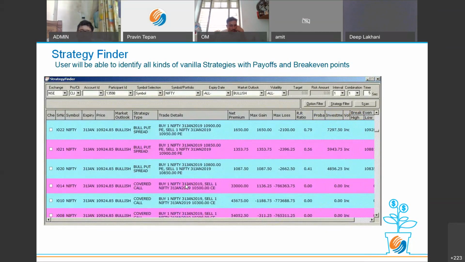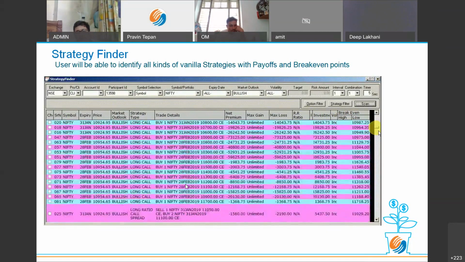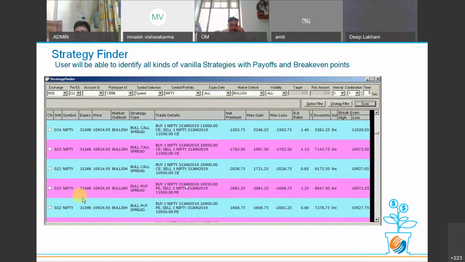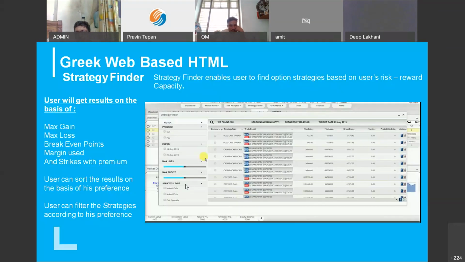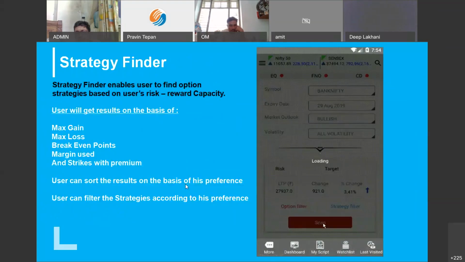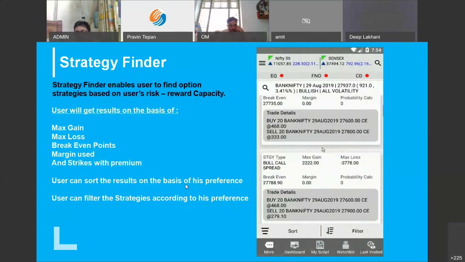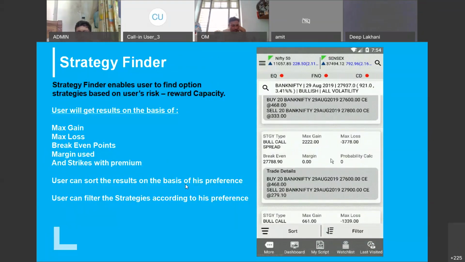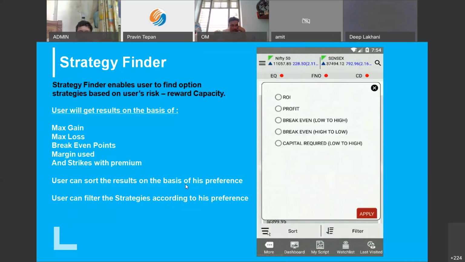It will give you everything. And this particular thing is inculcated not only in our algos, but also in our web-based system as well as the mobile app. So it will give you maximum loss, maximum gain, margin use, break evens, and everything.